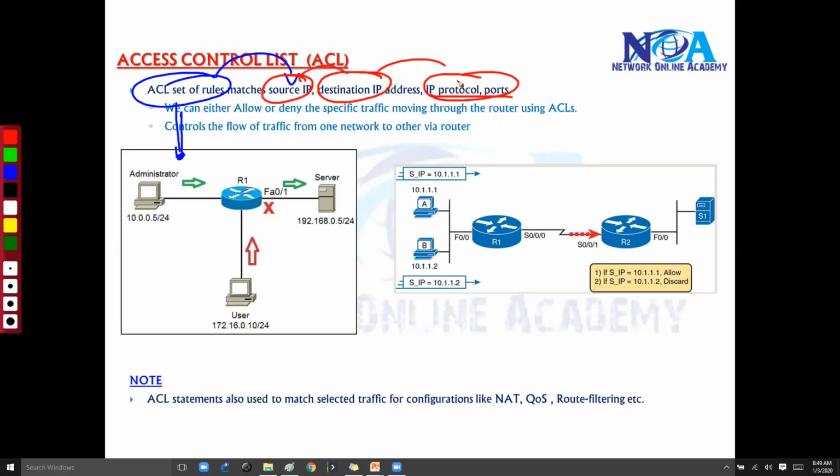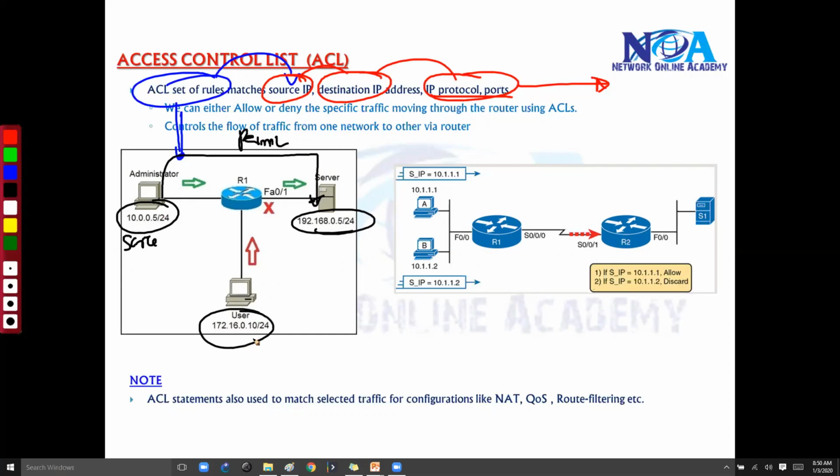Based on these parameters, let's say if the traffic is coming from this host and it is trying to access this server, I can simply say the rule is permit. And if the traffic is coming from this user and it's trying to access this particular host or the server, I can simply say deny.